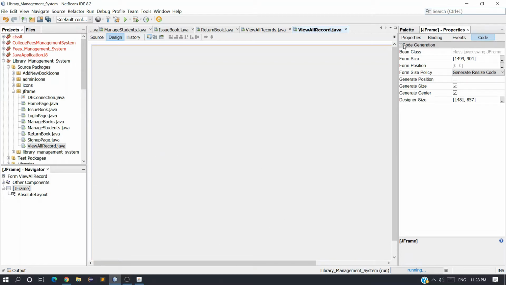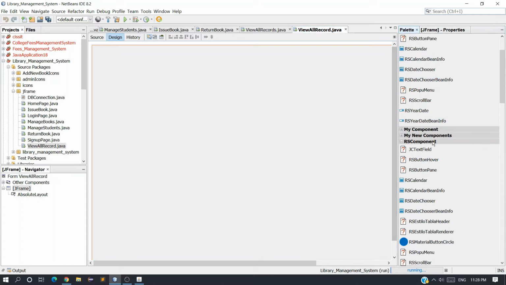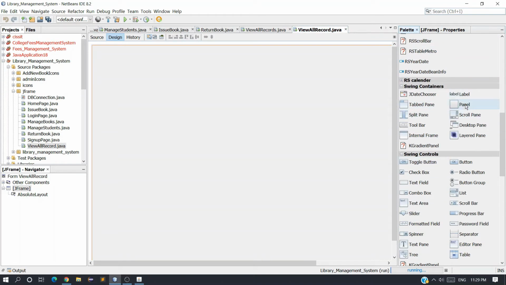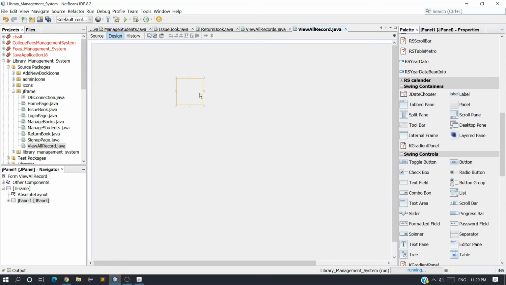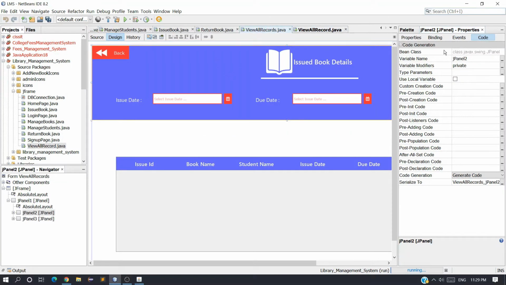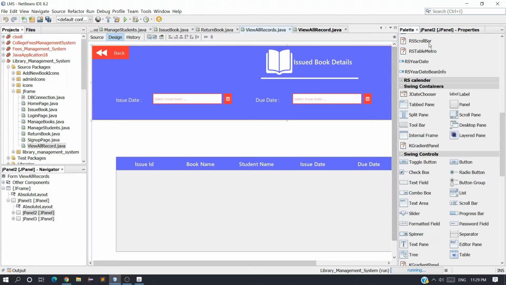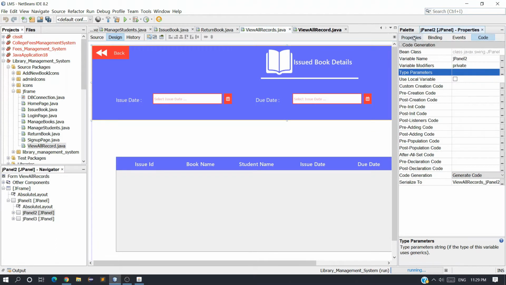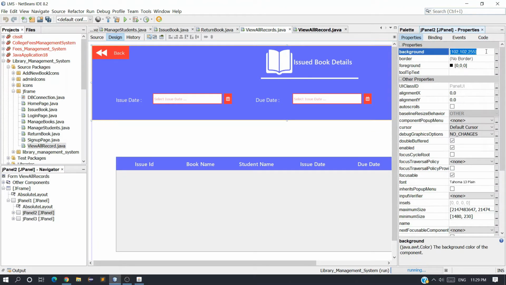The next step is we need to take a JPanel, take it and just keep it here and change the background color. I want the background color as this one, so let me just copy the color. Go to properties. We have used this color in many of our frames.